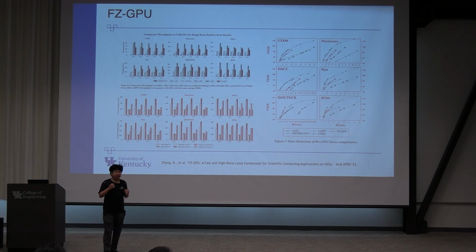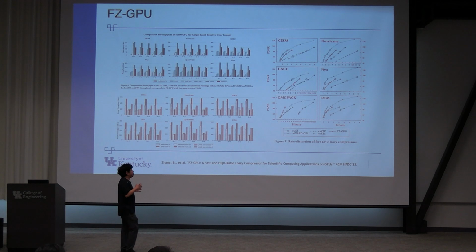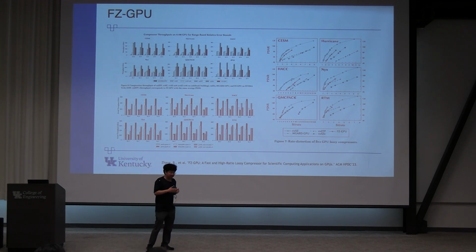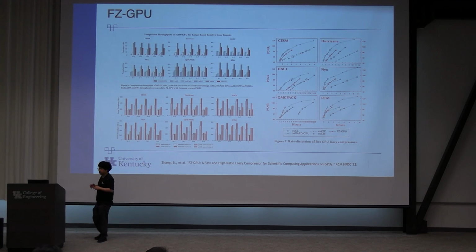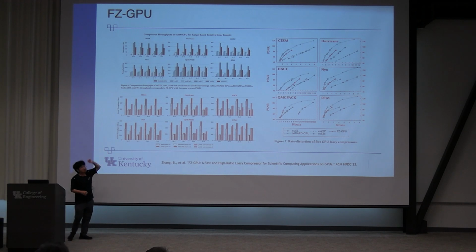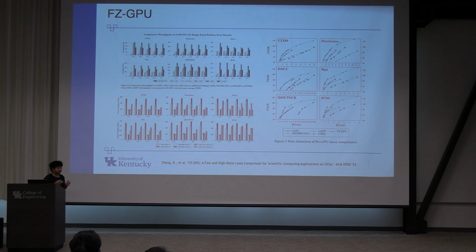This is because the encoding strategy it leverages is less efficient than Huffman in some cases. So on those kinds of datasets, it will not have higher compression quality. However, instead, it provides better throughput when compared with cuSZ. I don't remember the exact numbers, but basically it's over 5 times improvement in